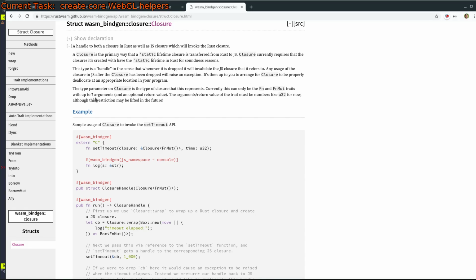What? How can you have a static lifetime closure? How does that even make sense? Alright, closure currently requires the closure it's created with have the static lifetime in Rust for soundness reasons. Whenever it is dropped, it will invalidate the JS closure it refers to, and using the closure in JS after the closure is dropped... I'm not understanding this yet. Alright,